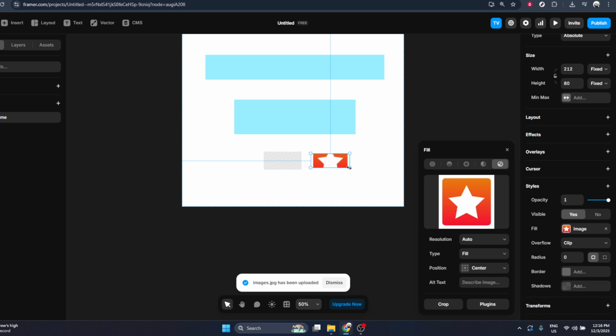After it's uploaded, check how it fits. If the logo looks stretched or cut off, adjust the frame size or change the image fit settings to contain or cover, depending on how you want it to appear. You can also move the frame around your layout until it's exactly where you want it. And that's it. By selecting your project,